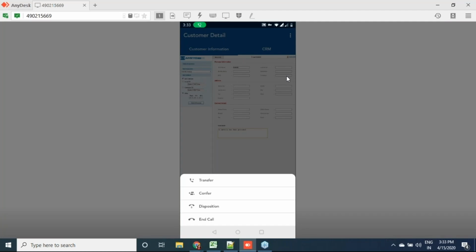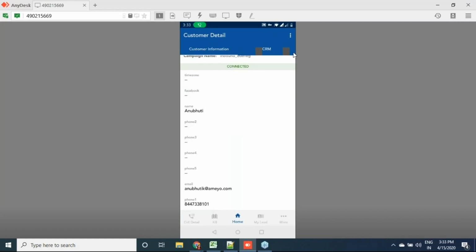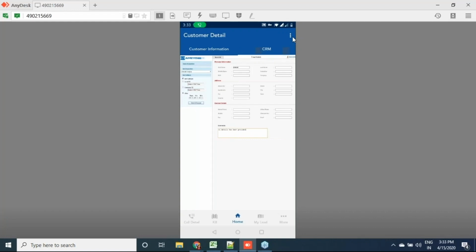So this was a very important point because contact centers require CTI applications to be in place. We have embedded something by default. We are making this responsive very quickly, and we are also adding customers' own CTI applications to be embedded within this Ameyo mobile app application. So if you have any custom CTI application requirement, that could also be done very fast on this application. Go ahead, Anubhuti.